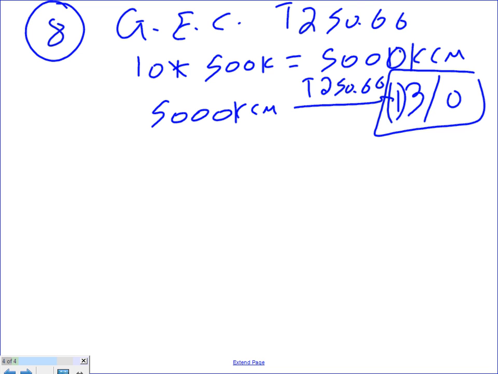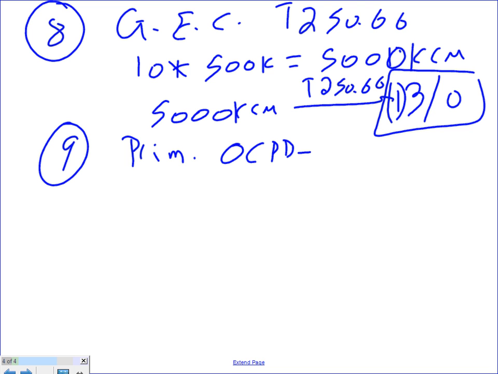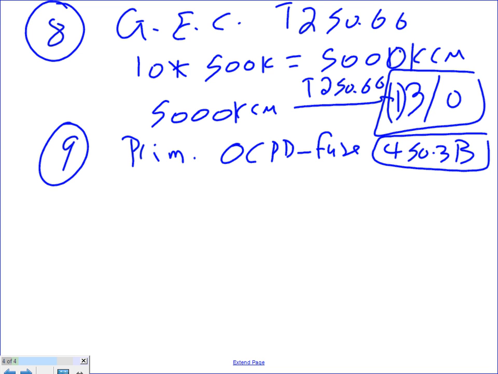Okay. Number 9. Primary overcurrent protection device, and I'm using a fuse. If you guys remember, for transformers, you go to 450.3B, because the primary and the secondary are 600 volts or less. You go to B. If it's A, one of them is more than 600, you go to 450.3A. Okay, if you go there, you're going to see that the multiplier is 2.5 times